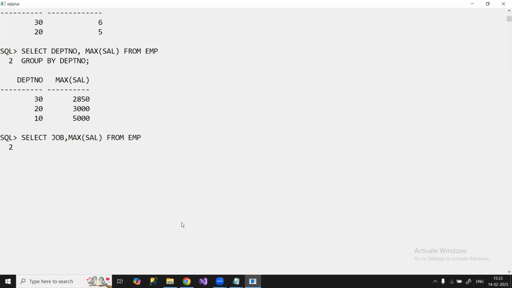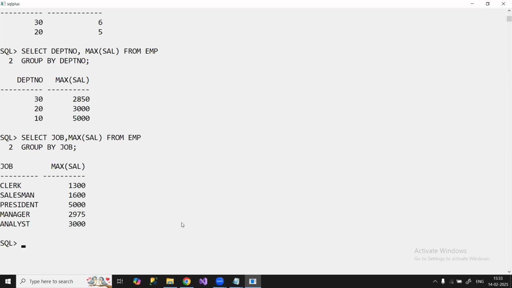Where group by job. So here it is showing here. Group by job we are giving. First column is not department number. First column is job. The same thing we are giving in group by job because we are grouping the records